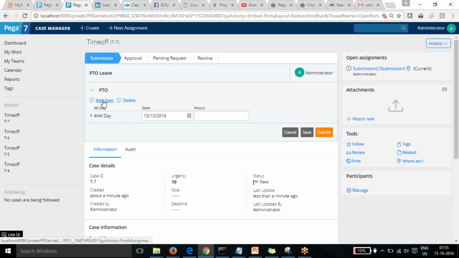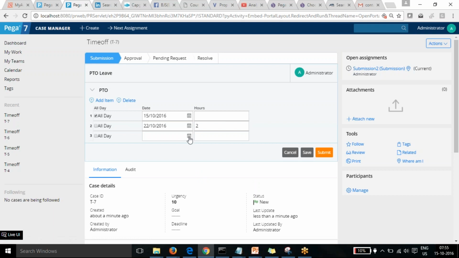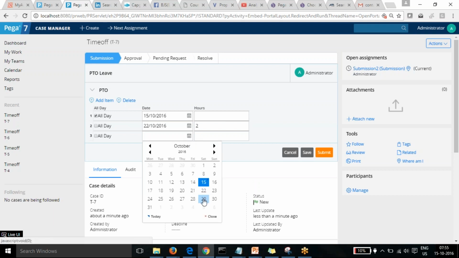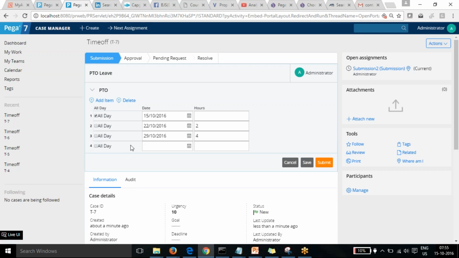If you want to add more items, you can say I want on 22nd for 2 hours, and the same way we can add multiple items. So this is easy. Now if I don't want the 4th item, I can go and delete that item directly.